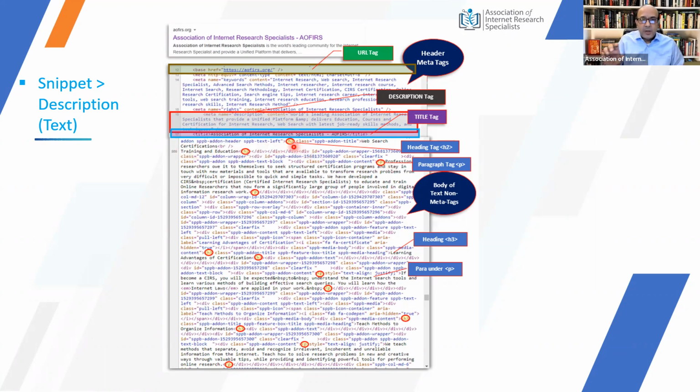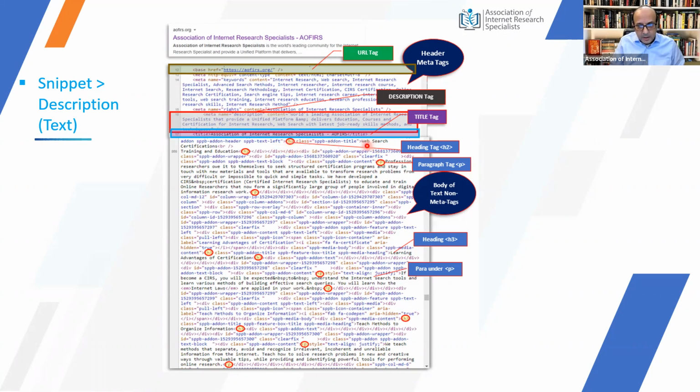Where H1 is the main caption or the main query, H2 could be the subset of that, the second layer, the next heading after H1, or a smaller heading. So H2 heading is what it's pointing to. And when you look at what is embedded in H2,